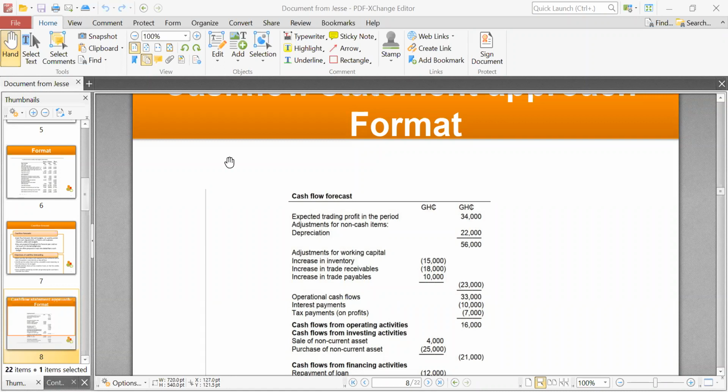Very, very important, right? You need to add back because you deducted it when you were preparing the P&L. Very, very key. Then for increase in inventory,